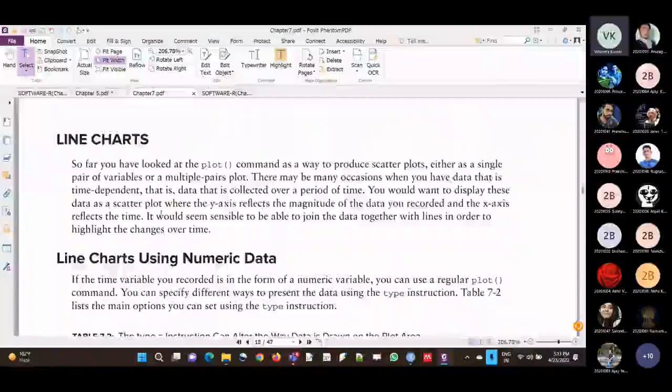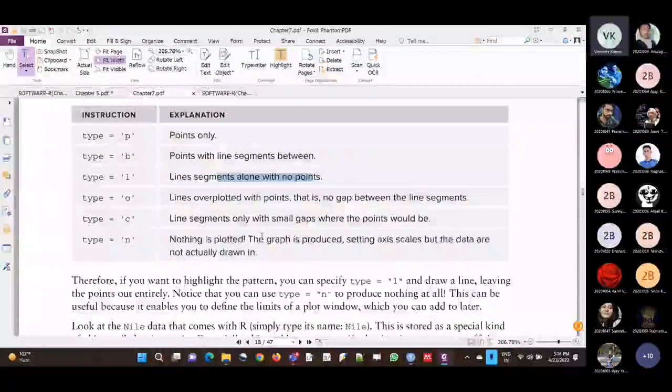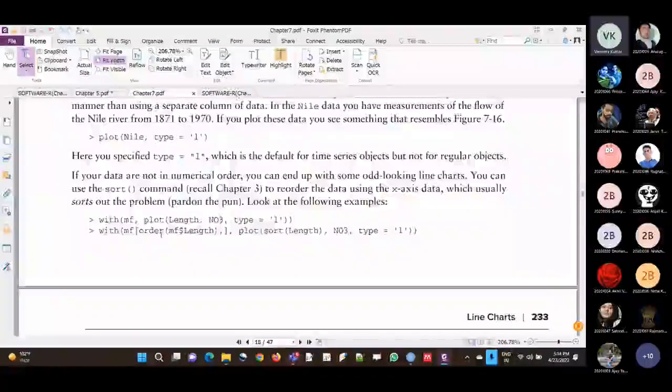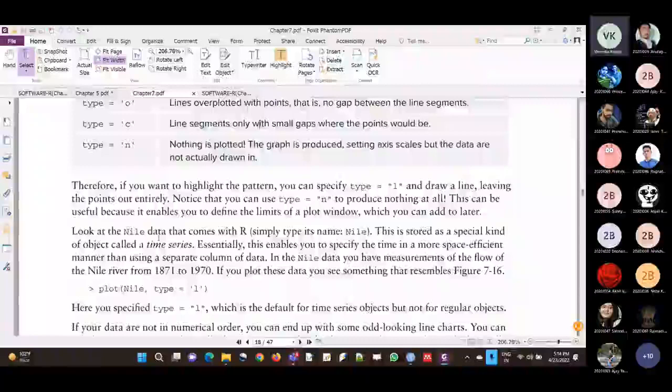Another plot is the line chart. So what kind of line: this point only, or this line segment between these two. L, if you are writing line segment alone with no points, there will be no points, only line. Okay, line over plotted with points, that is, the line will also be there and the points will also be there, okay? So in this way. Okay. So for here, line chart,